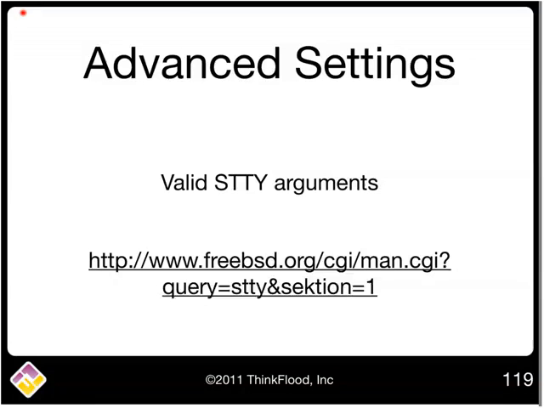I should point out, if your STTY argument is invalid, if there's a typo or if you capitalize it incorrectly, then your serial port configuration will fail to load. And in that case, RedEye Pro is going to default to sane mode. And sane mode is 9600 baud, 8-bit words, no parity, 1 stop bit. So if you set your serial port to, like we did here, 115.2 kbps, and you added some advanced settings,